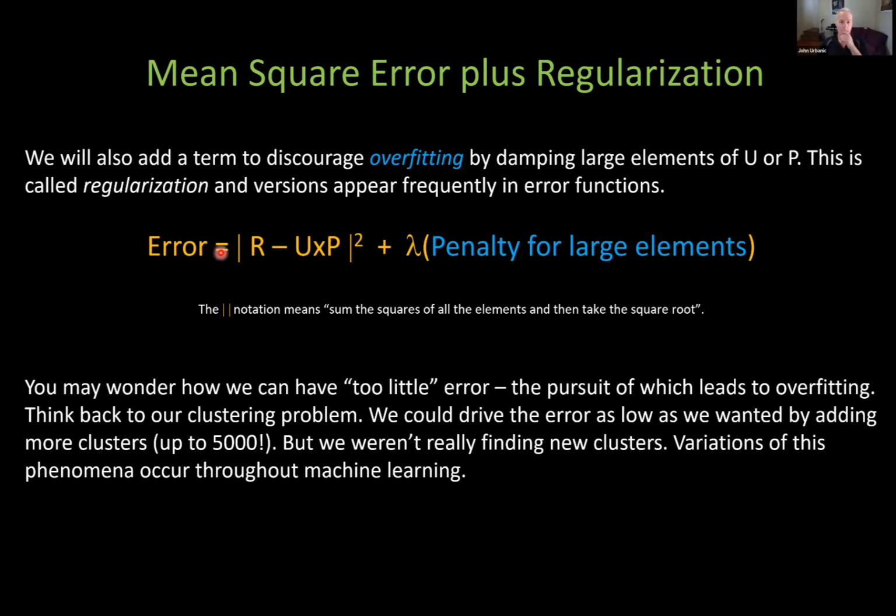Now we're also going to find ourselves running into the same problem that we had yesterday with our clustering, where we had 5,000 points. I said, what if we find 5,000 cluster centers? Then we're driving the error to zero, but that's ridiculous. It's not giving us any information about clusters whatsoever. So we could have continued just driving our error to zero and learning nothing. As a matter of fact, less than learning nothing, losing information.